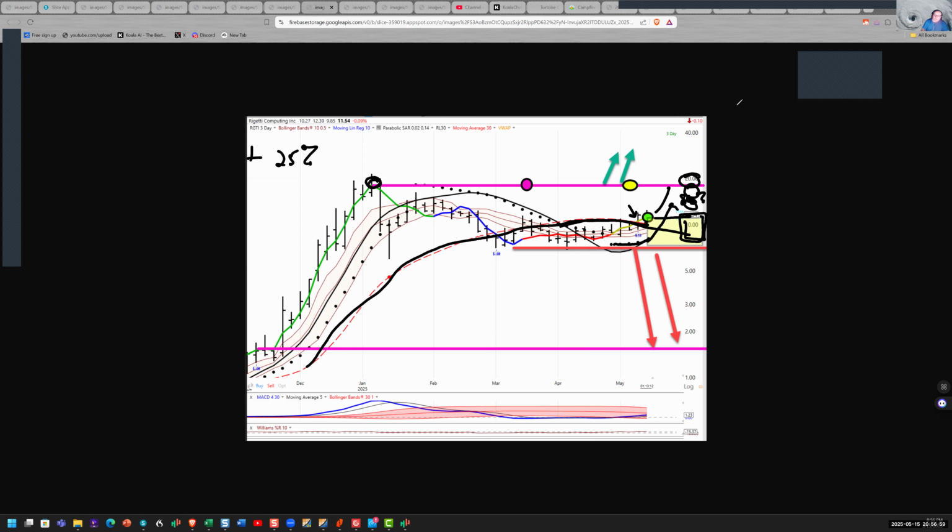This is a log scale. So there's actually $8 of upside for a $4 risk. And I'm willing to give it that wide of a stop, a 40% trailing stop, in order to have a long-term opportunity to get some speculative money into cloud computing. Now, I use the purple line to show that that's the price target, and purple dots also to show price targets. The yellow dot for me means that I expect that if it gets to here, it's got to make a decision